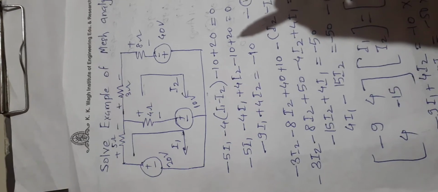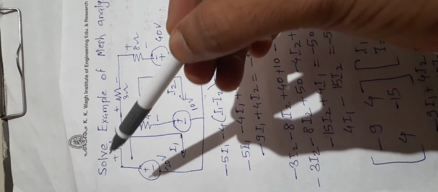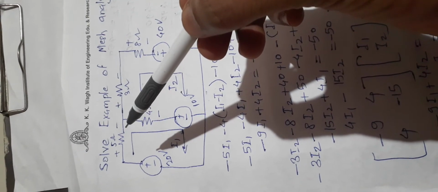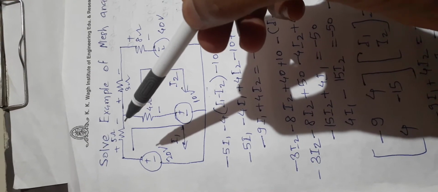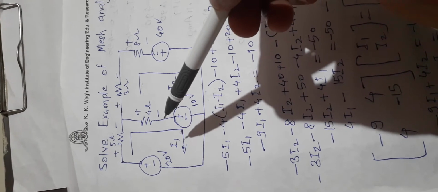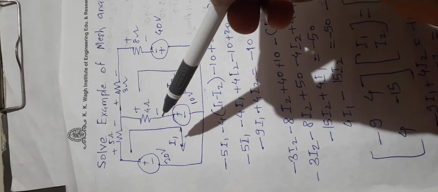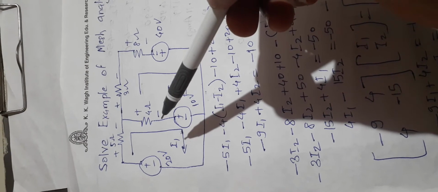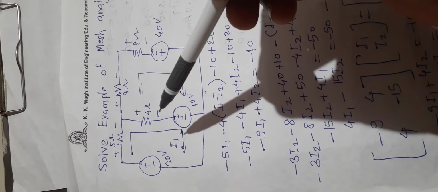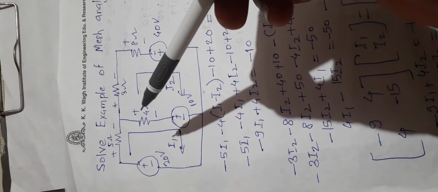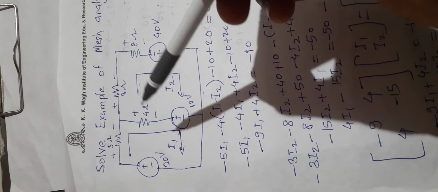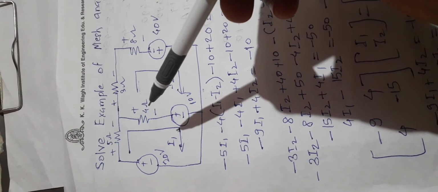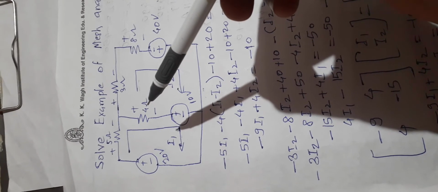So in the first loop, I1 current is flowing through this 5 ohm resistance. It will take a drop of minus 5 into I1. Then this is the common branch. Here, since it is the first loop, we refer to the first current I1, and I2 is also flowing in this common branch through 4 ohm. Therefore I1 minus I2 is the resultant current flowing in this common branch, and the drop is minus 4